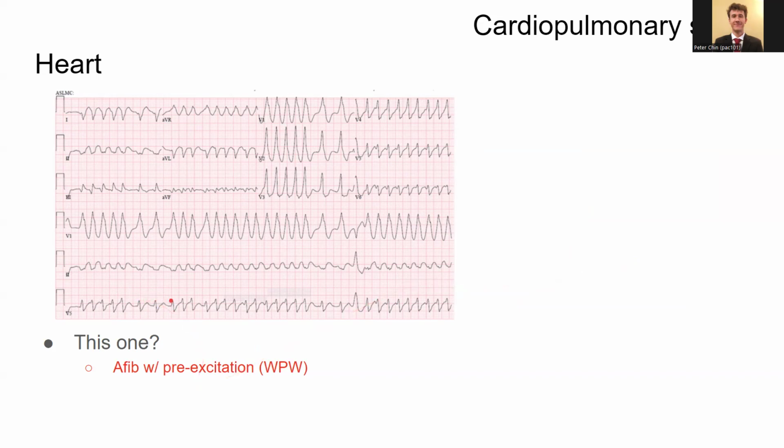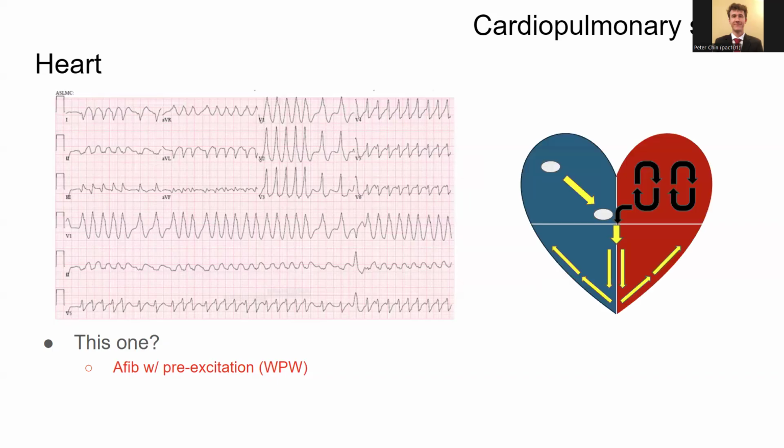We will come back to this EKG. We'll come back to the rhythm strip and compare it to another one, just so you're not absolutely confused about what to do if you see something like this. So here's the cardiac conduction system, AFib coursing around the pulmonary vein ostia, and then